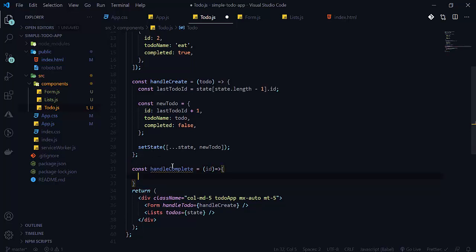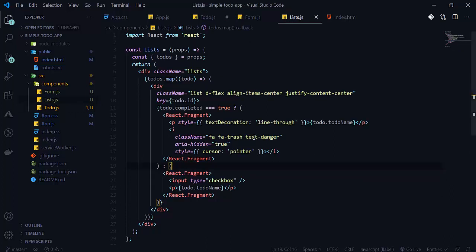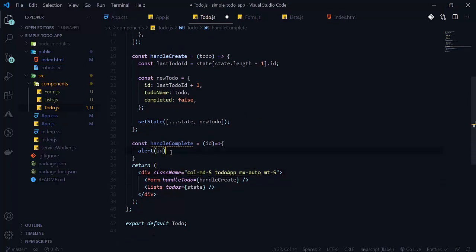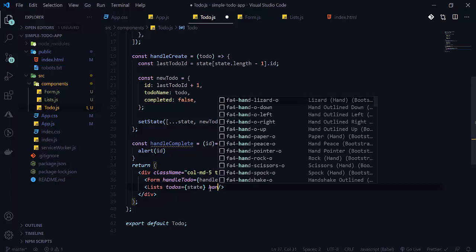So in the list, here will be handleComplete. We will go here, handleComplete equals handleComplete, you can write the same name here. So we are passing handleComplete here.